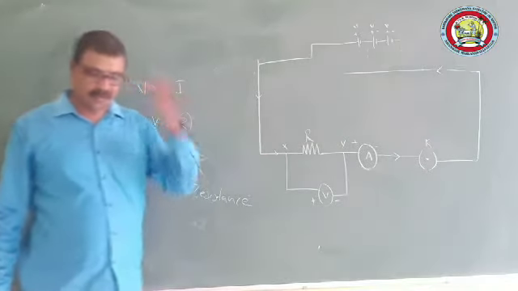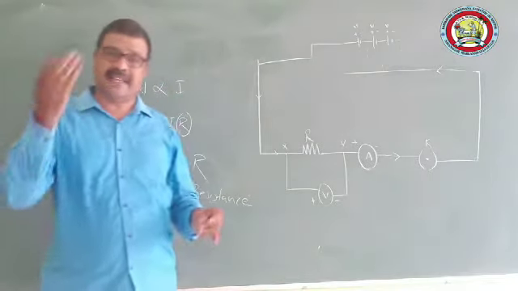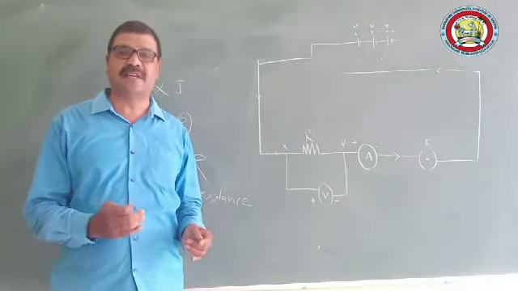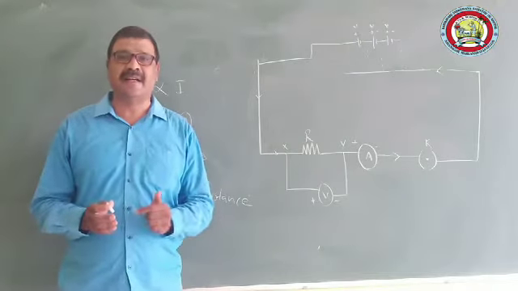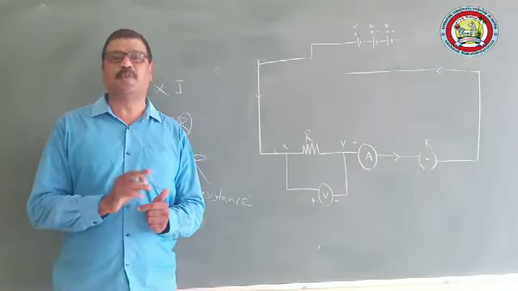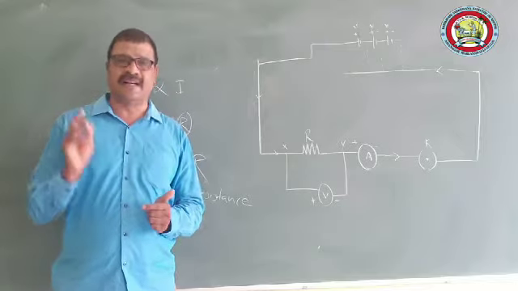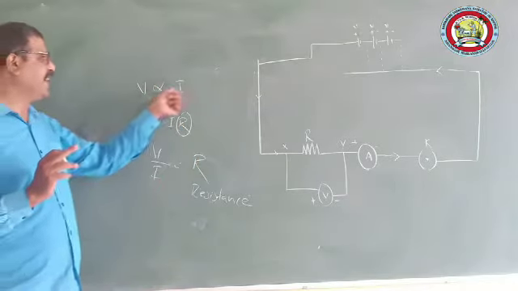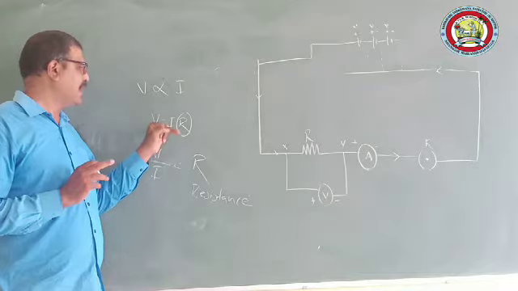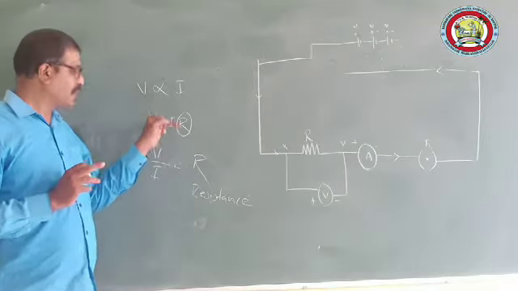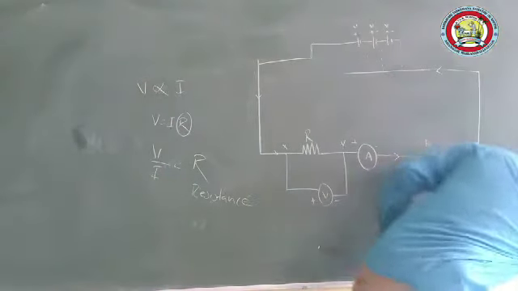Before going to what exactly resistance is, let me once again go back to Ohm's law. What does Ohm's law say? It says that the potential difference between two ends of a conductor is directly proportional to the current flowing through the conductor, that is, V is proportional to I. By removing this proportionality sign, I have introduced a constant R to make you understand easily.